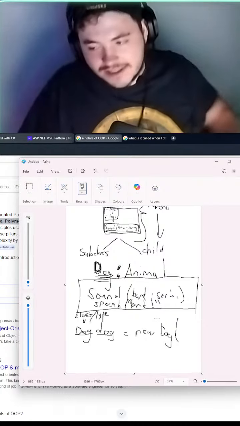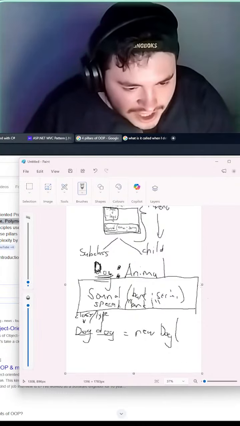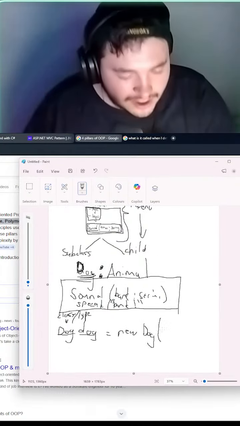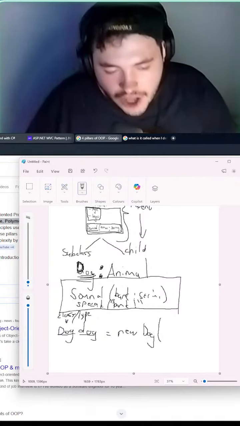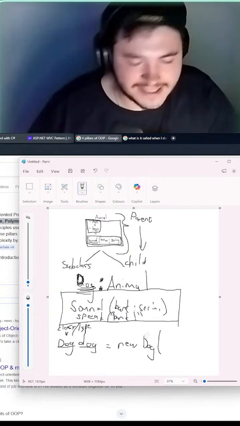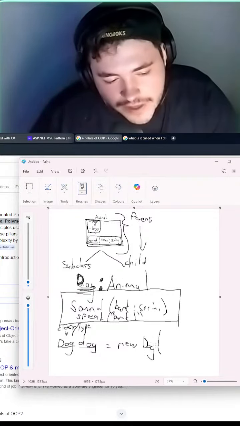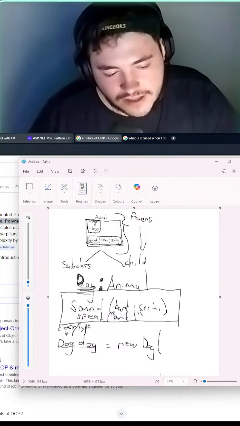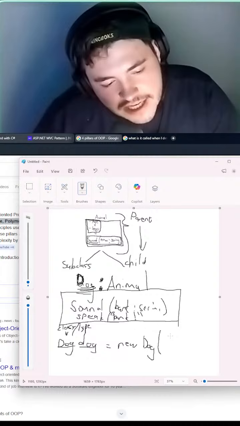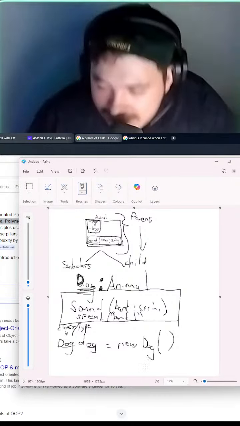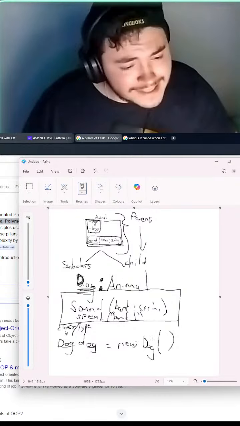But ladies and gentlemen, what happened here? We are trying to instantiate an object. This could have been done in an IDE, but I like my 3D graphic design software. We are trying to instantiate an object, but we cannot instantiate Dog just like this. It will shout at us. It will cause an error, man.